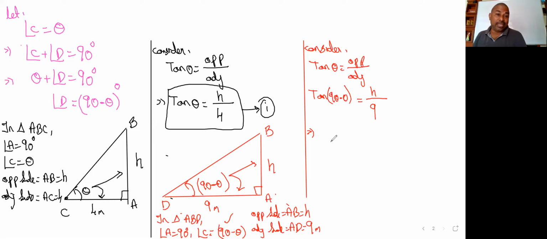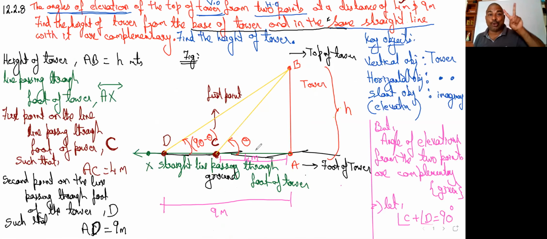And here, tan 90 minus theta. Now, guys, if you go by the logic, we have two triangles, so two angles. Then we need two variables. One of the variables is h. But we need one more variable. He has given the value 9 and the value 4, but he didn't give another variable. Which is the variable we have considered? It is theta. Theta is the second variable here.